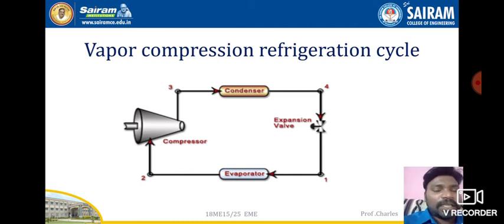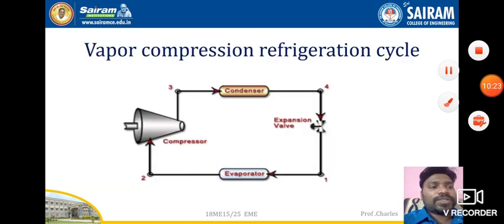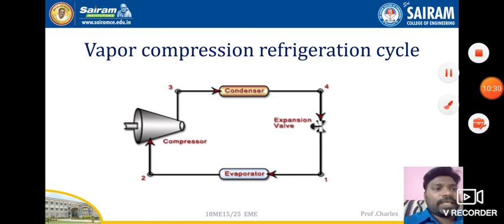This is the indication that the state of the refrigerant will be in two different forms, one is liquid form and another one is vapor form. Right hand side will always be liquid form and left hand side will always be in the vapor form. So this is how we should understand. So this is the working principle of the vapor compression refrigeration cycle. Thank you.